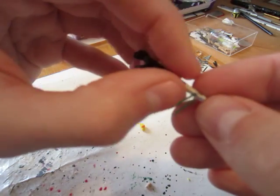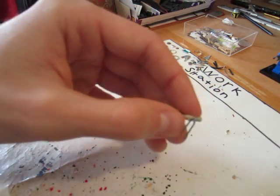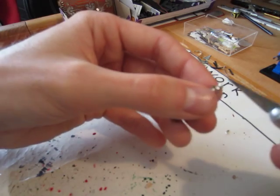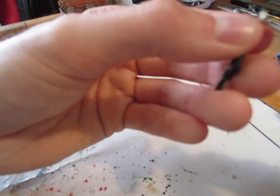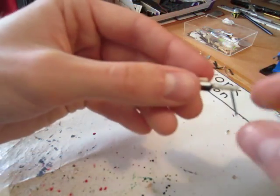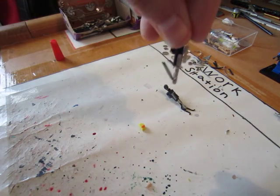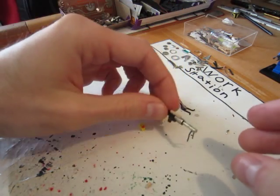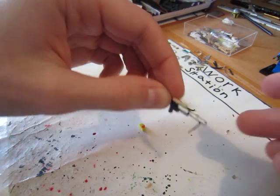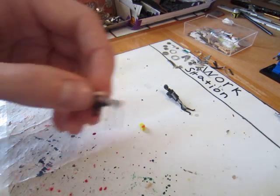So now that there's glue on either end, if this is too wiggly and too loose, all you need to do is take an X-Acto knife or something really thin and press in, trying to narrow up the gap between the metal. So you can see how it's not wiggling at all. That's what I want. That one right there needs to be tightened up. It's going to naturally sometimes start wiggly, but that's okay. But now that we have that done, we're going to